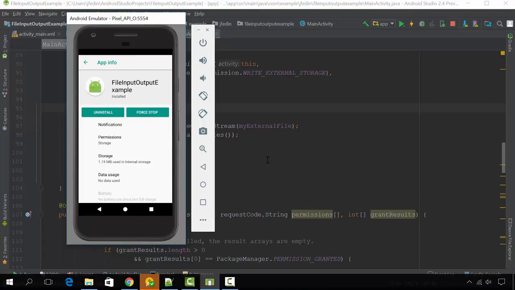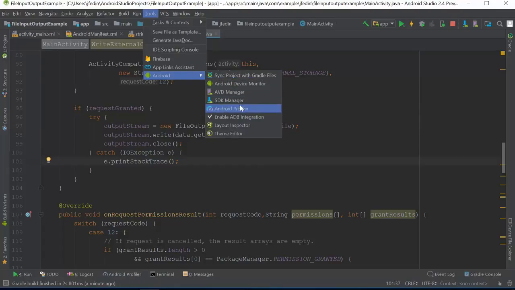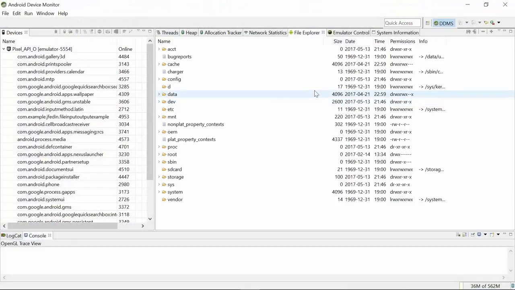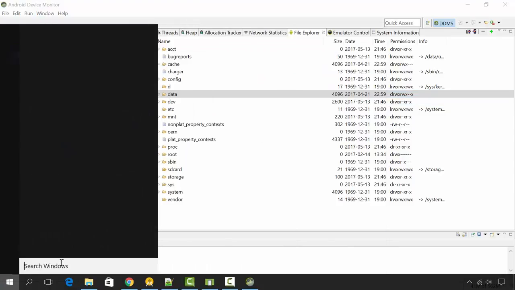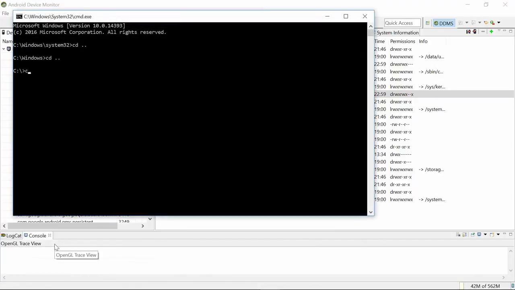Now that we wrote that file to external storage, we want to bring up DDMS and see if the file was created. So let's bring up our Android device monitor. We should have had a temp.txt file created inside of our SD card. Remember, we can't see the data directory if we didn't start ADB as root, so we have to do that first. It must have gotten reset. So if I bring up the command prompt real quick and go to my directory and start ADB in root mode, we have to go to